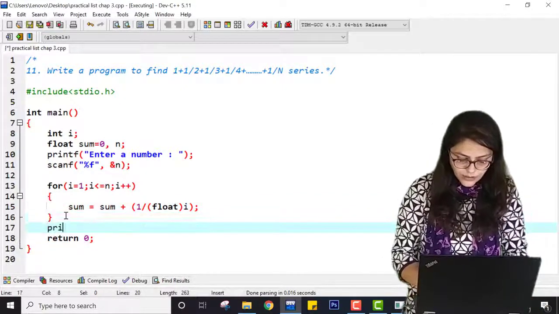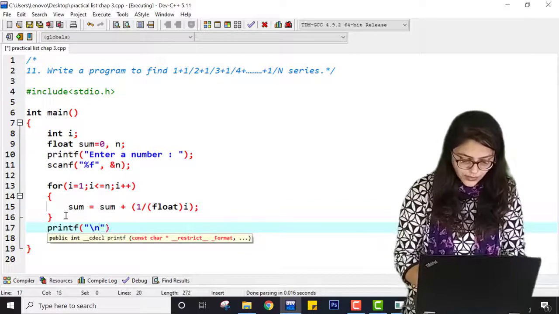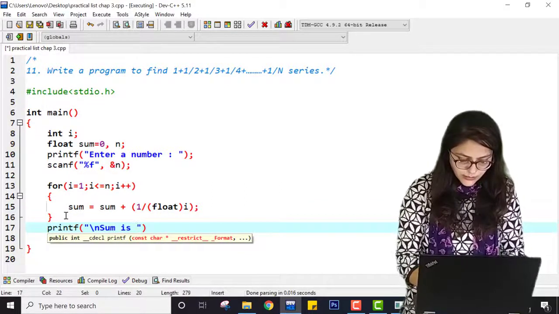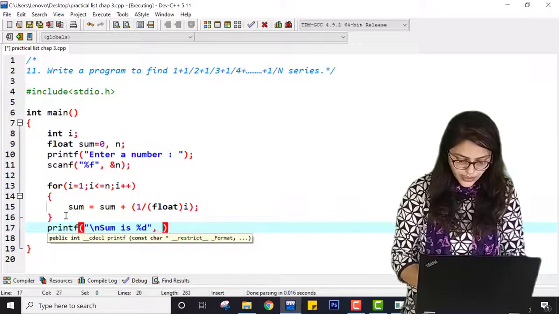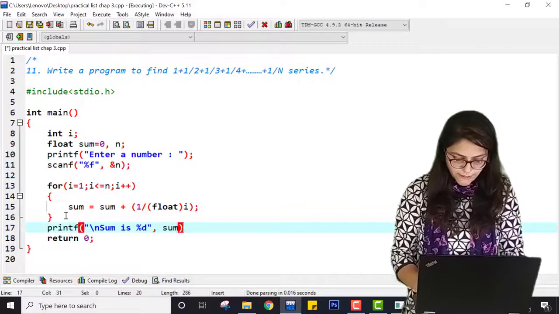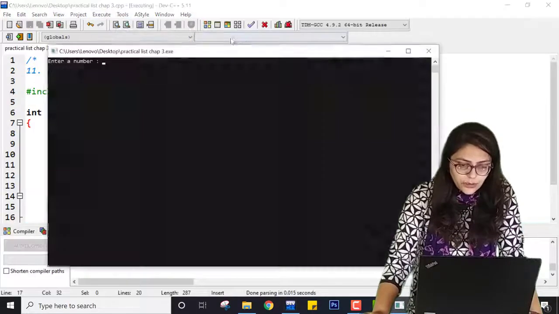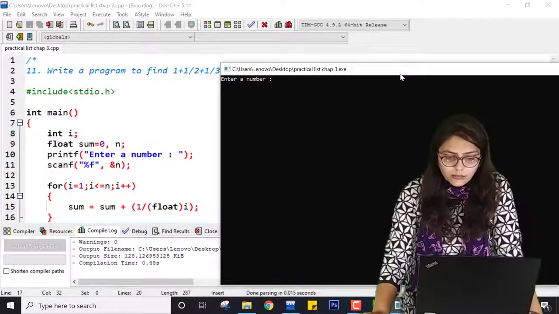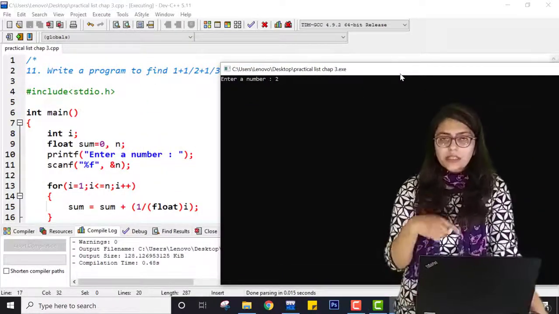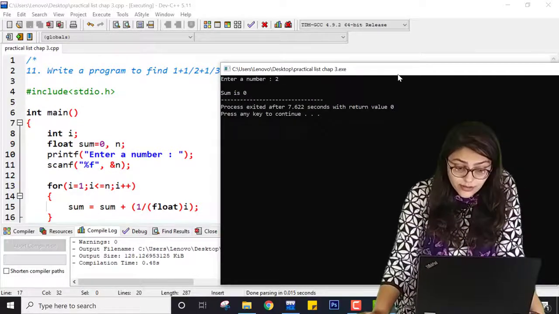And here printf, sum is %d, sum. If I save this program, compile it and execute it, let me do it for an easier term. Enter a number 2. So I am doing 1 plus 1 by 2, that I know is 1.5. So the answer is 0.